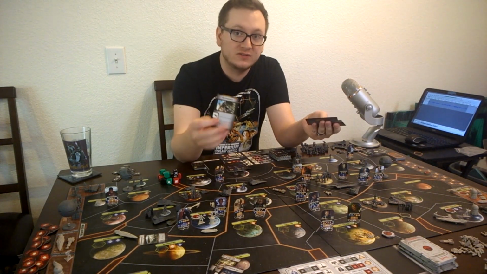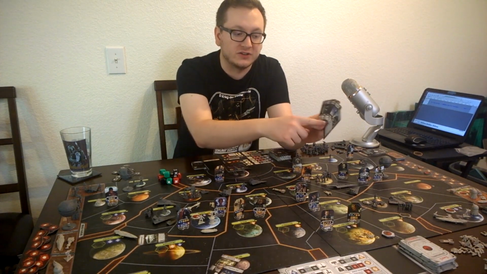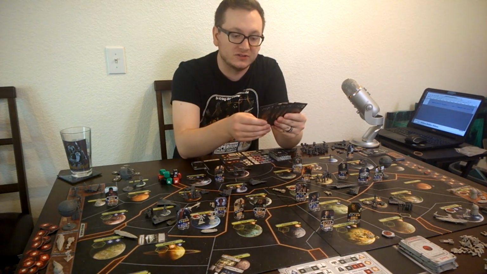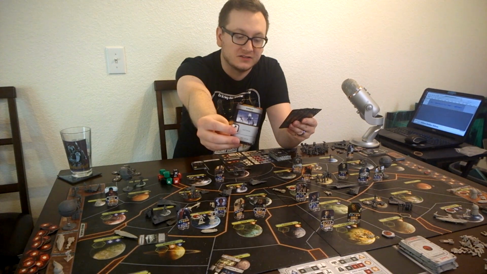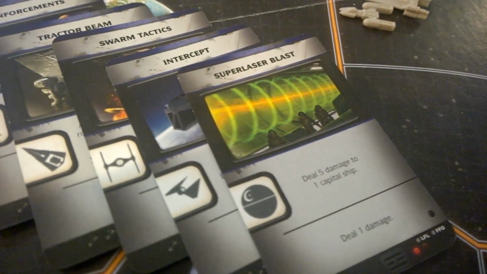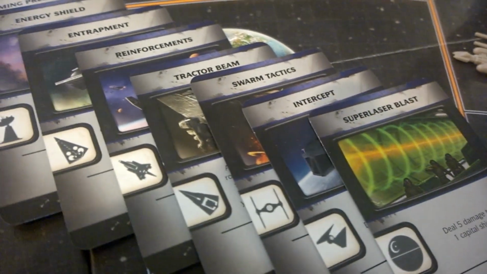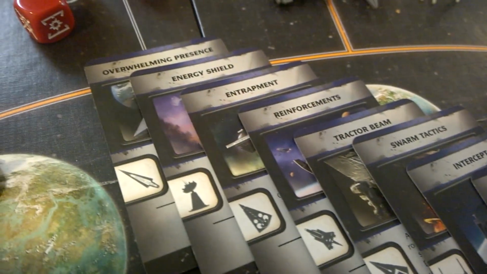And each card has two different effects. One effect you can only trigger if you have the matching unit in the system. So for example, if I had an AT-ST in the system, I could say cancel or deal 2 damage. If I didn't have an AT-ST in the system, I could still use this card, but it would only deal 1 damage. Once you've played a tactics card, it goes into a discard pile, and you can't use it again